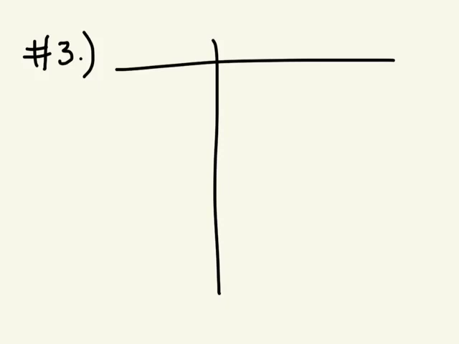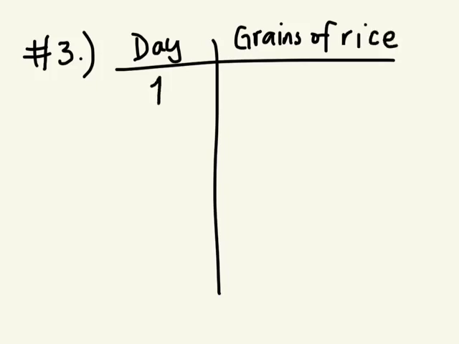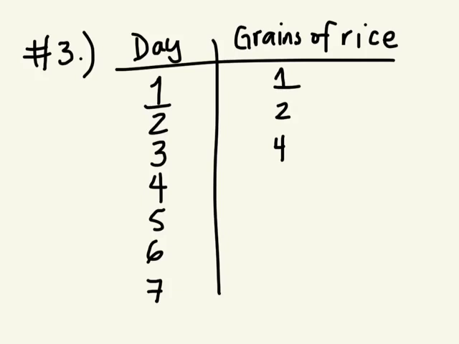Yes, so in this example, we're looking at a relationship between the day and the amount of rice. The king is getting grains of rice, right? No, I did not make this question up. On day 1, how many grains of rice does he get? On day 1, he gets 1 grain of rice. How much does he get on day 2? 2. Day 3? 4. Day 4. Okay, look here. Every single day, the amount of rice he gets is doubling. So what's double 4? 8. Double 8, 16. 32,